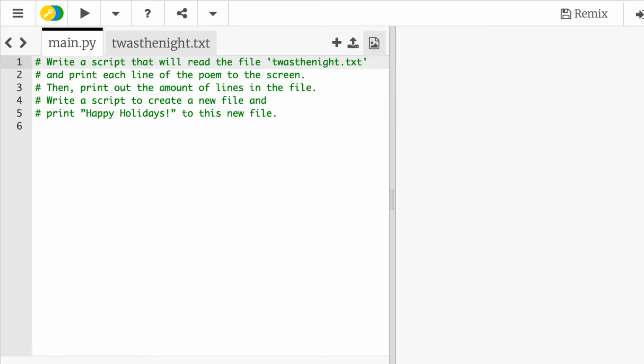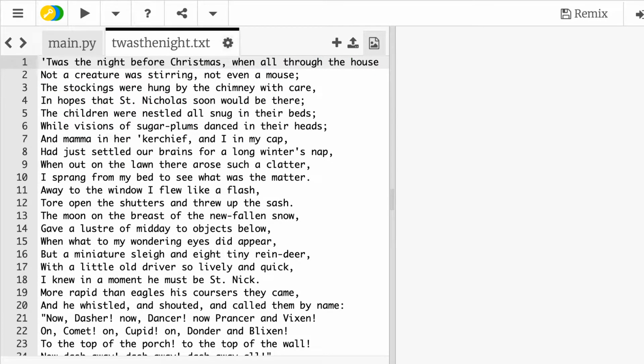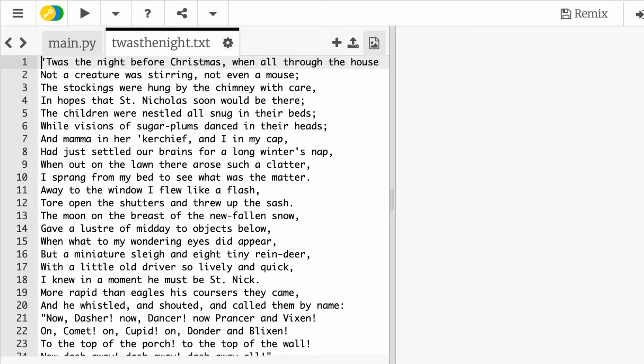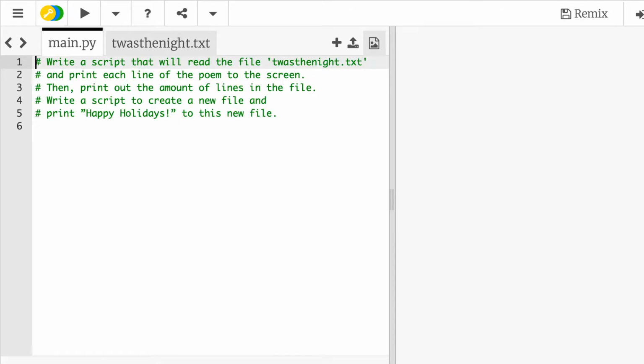In this example we actually have two files. At the top of Trinket, you've got the main.py where we write our Python code, and then we've got this text file that just contains the poem that we're going to go through. So the first thing that we need to do here is, because we need to read the file, we need to